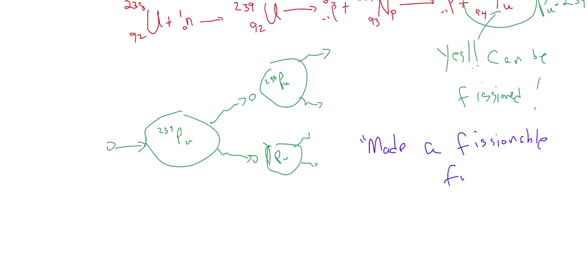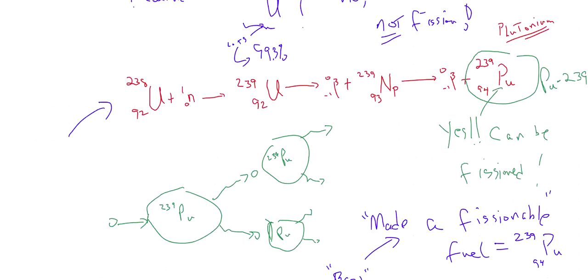And that fissionable fuel was the plutonium-239, with 94 protons. And when we say we made a fissionable fuel, we say we bred it, like you breed children. And so making plutonium is done in what's called a breeder reactor. So if I ask you, what is the fuel that's created in a breeder reactor? The answer is